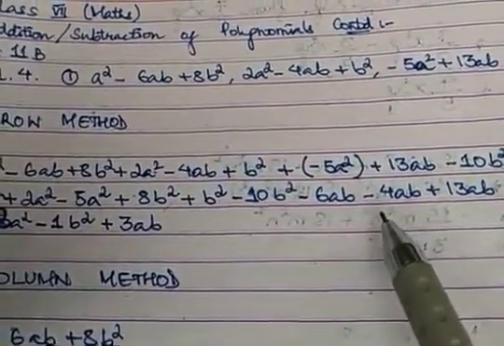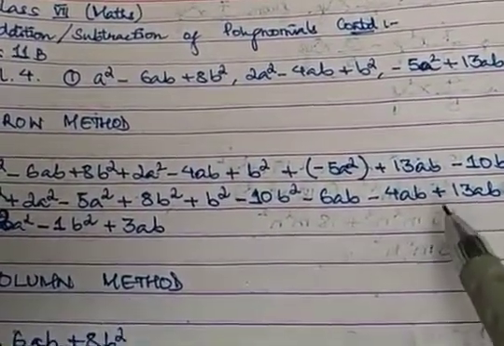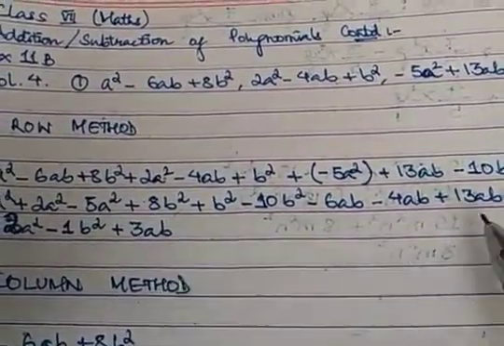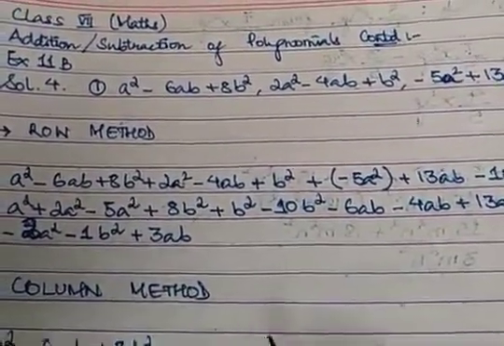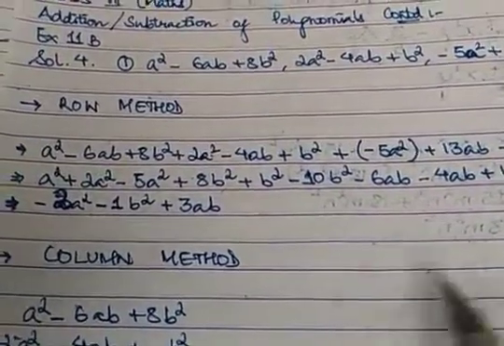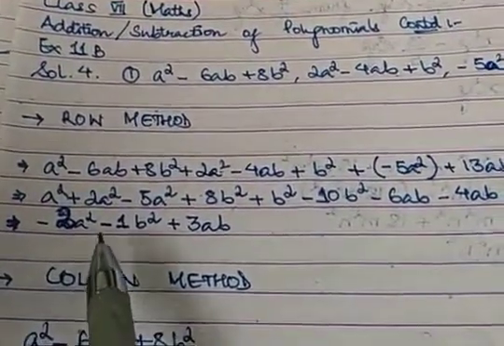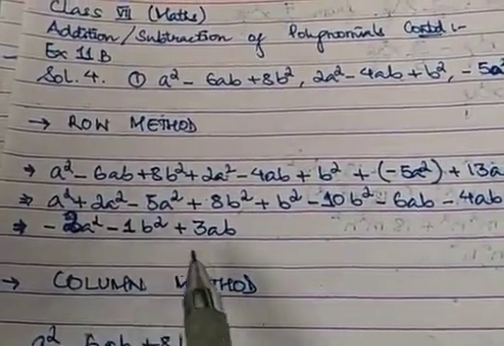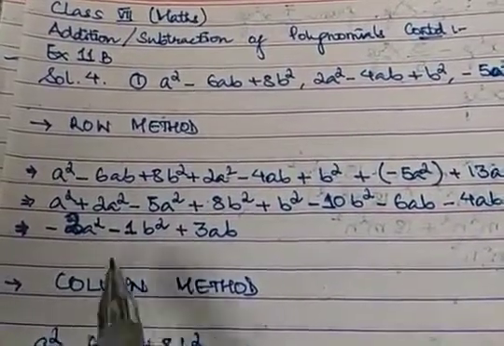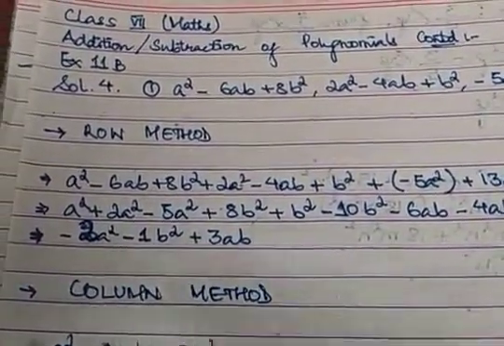So it will be minus 10ab plus 13ab, it will give you plus 3ab. Sign of greater number follows. Is it okay? So okay. So this one was, so we are done here. How come we are done here? Because we got three terms, three unlike terms, remember, and they cannot be further added or